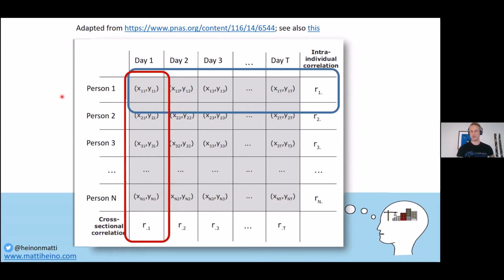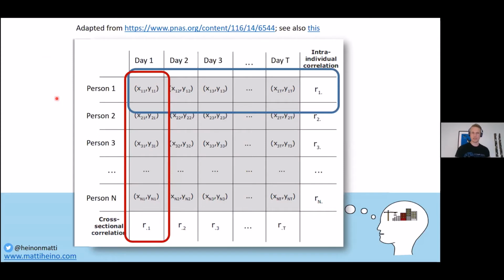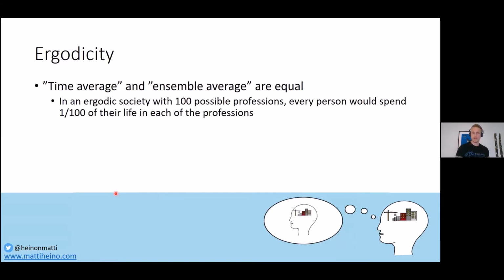But these two don't need to have anything to do with each other, apart from special conditions, which are that the time average and the ensemble average are equal. So this is the time average, over one person in time, and this is the ensemble average, so an ensemble of individuals. And if time average and ensemble average are equal, then